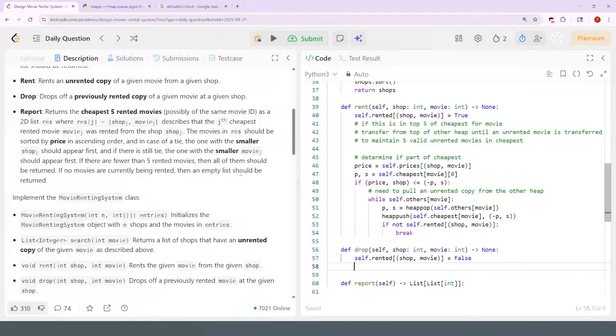until I move something that has... what does this mean? If you drop off a movie and that movie is part of the cheapest heap,